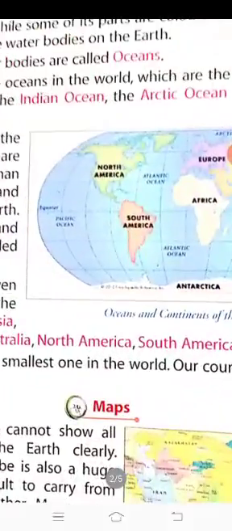Now there are basically two types of maps, dear students: political maps and physical maps. What are political maps? A political map shows the boundaries of states and countries, including cities and capitals. It shows the boundary of a state, where the state is lying from where to where, and boundaries are shown in that. Some cities are mentioned in that, and capitals are also mentioned. Uttar Pradesh, Lucknow is its capital, and it's shown in the map. You can easily see, if you see here, the map is given to you like this.